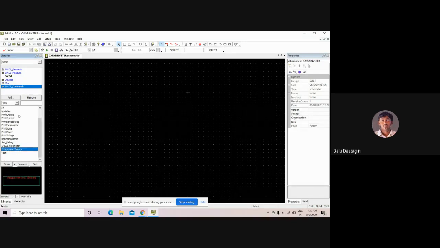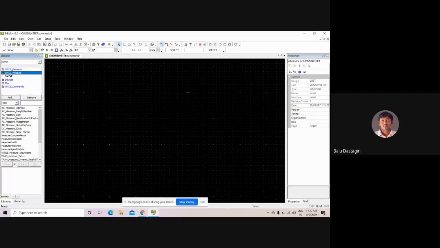These are the different types of commands in order to get your outputs. The next one is spice measure. In the spice measure, rise time, fall time, and frequency measurement elements are predefined. These are the basic symbols already present in your libraries.